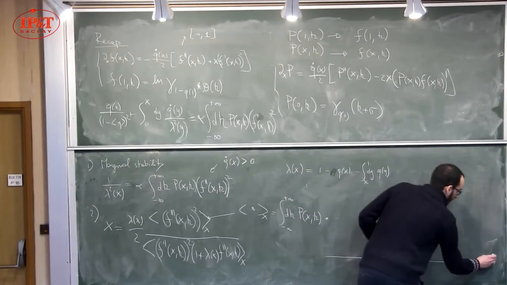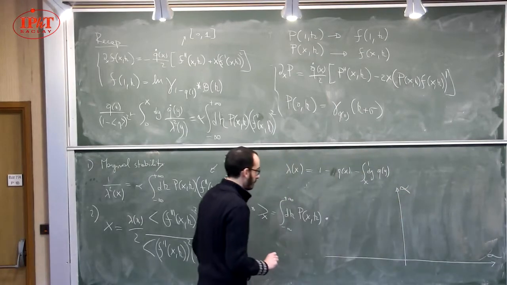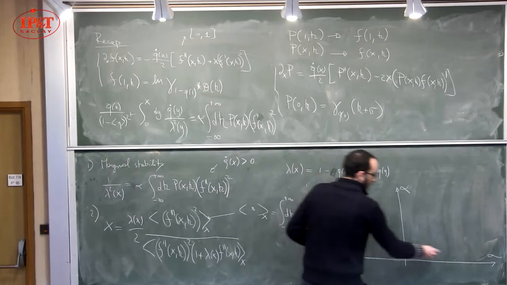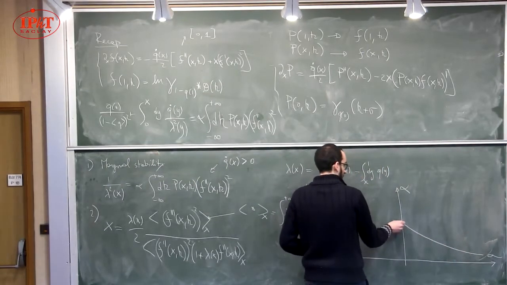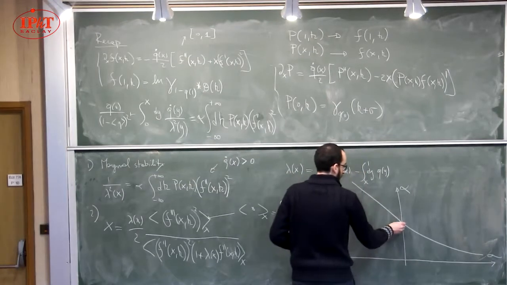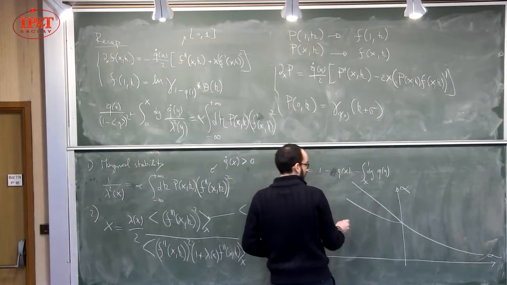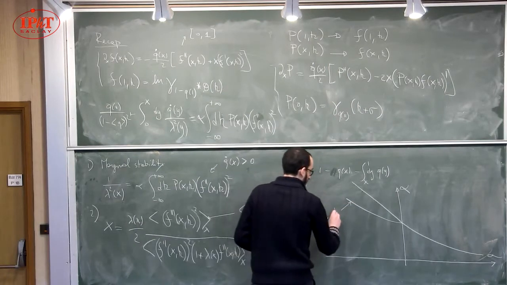So here we have sigma, and this is alpha. So we have a replica symmetric jamming line here, and here there is a full replica symmetry breaking jamming line, and this is where replica symmetry breaks. So this is the dot